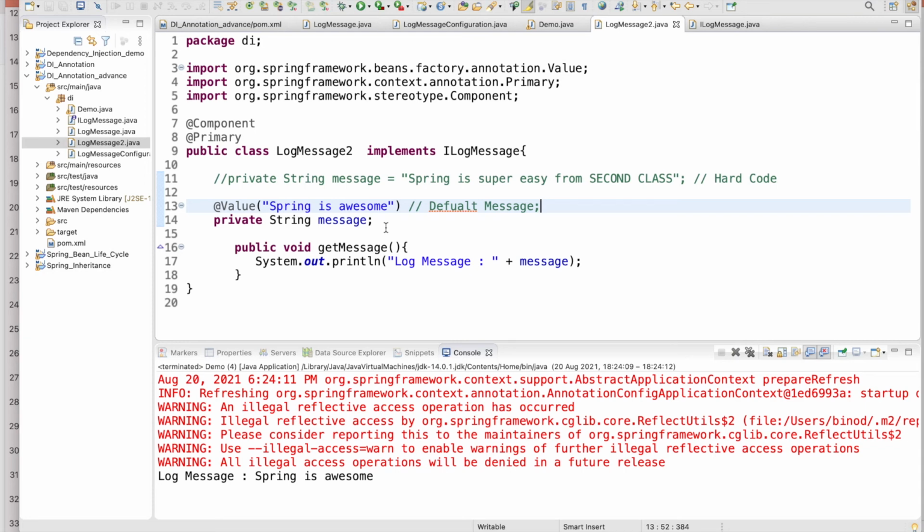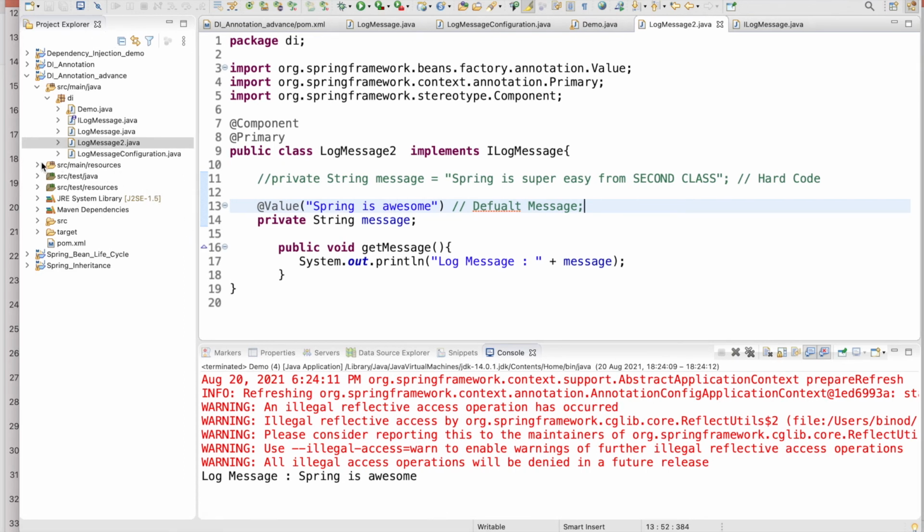So now suppose you have to take the data from the properties file, right? In many Java applications you cannot keep all the hard code for your database credentials, for the JDBC information, server name. You cannot do that, right? So for that, what you have to do is create one properties file, and you can see the resource folder here.